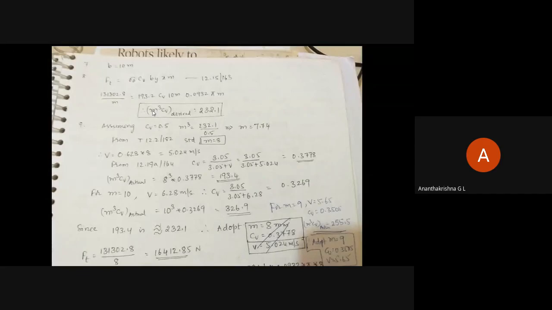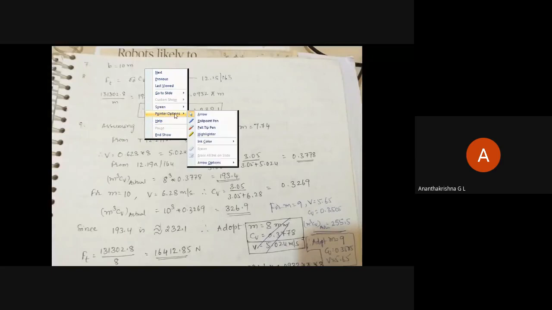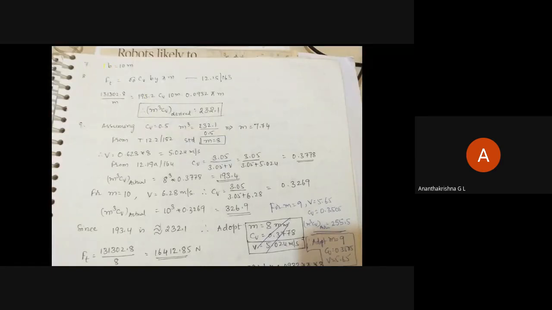Next job is to find M cube CV desired. Before that, I need to choose B equal to 10M, which is the initial assumption we make for the gear to be compact. Now, go to the Lewis equation. The Ft value we have found just now. Then sigma naught: which value do we use here? Because the pinion is weaker, we use sigma naught of the pinion. Then CV is retained as it is.